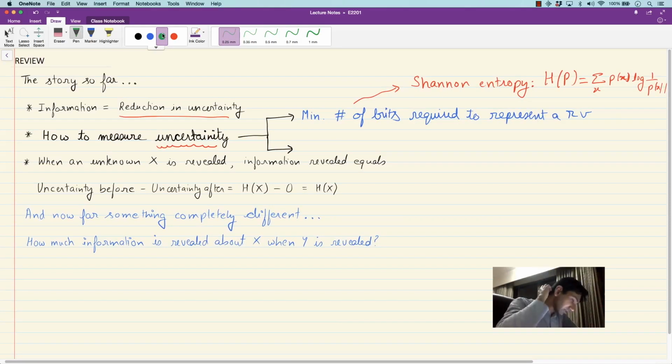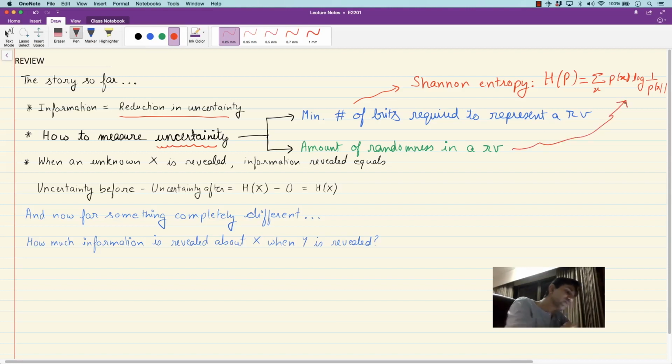Then in the previous week, we saw another question. We saw that maybe we should measure uncertainty differently. We wanted to measure uncertainty as the amount of randomness in a random variable. And there are two ways we thought about this problem. One is how many uniform random bits are needed to generate a random variable. And the second is how many uniform random bits can be extracted out of a random variable. These are two different ways to formulate the question about the amount of randomness in a random variable. And it turned out that the answer to both these different questions was also the same, namely the Shannon entropy.